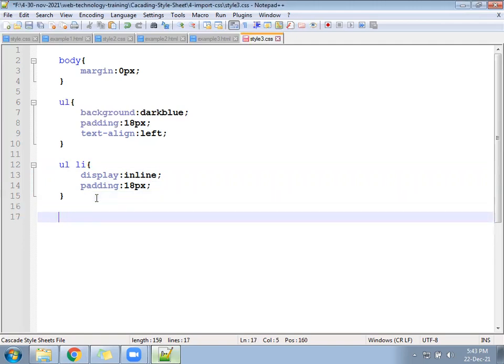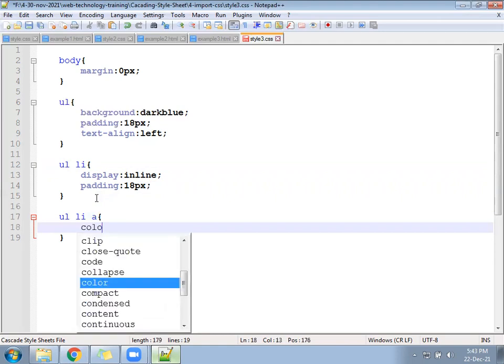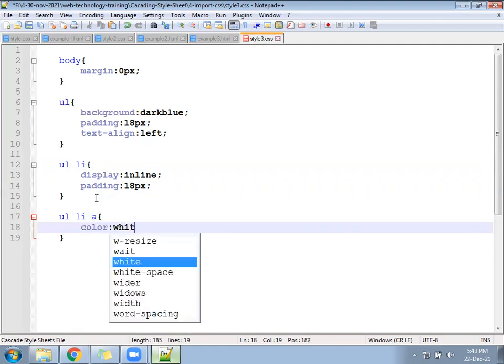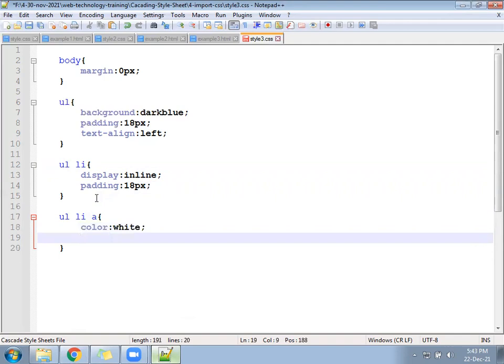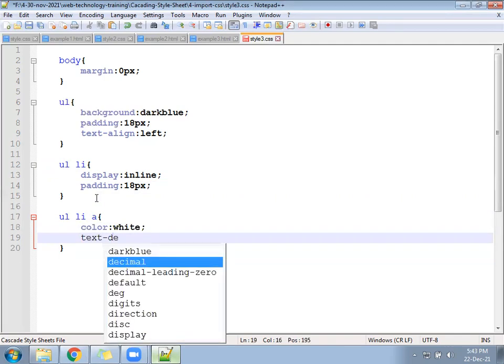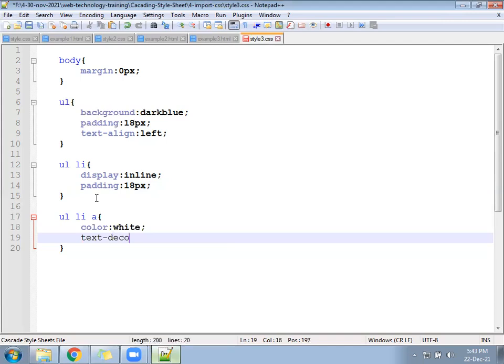UL, LI, and then A. Color white, and then text decoration none.